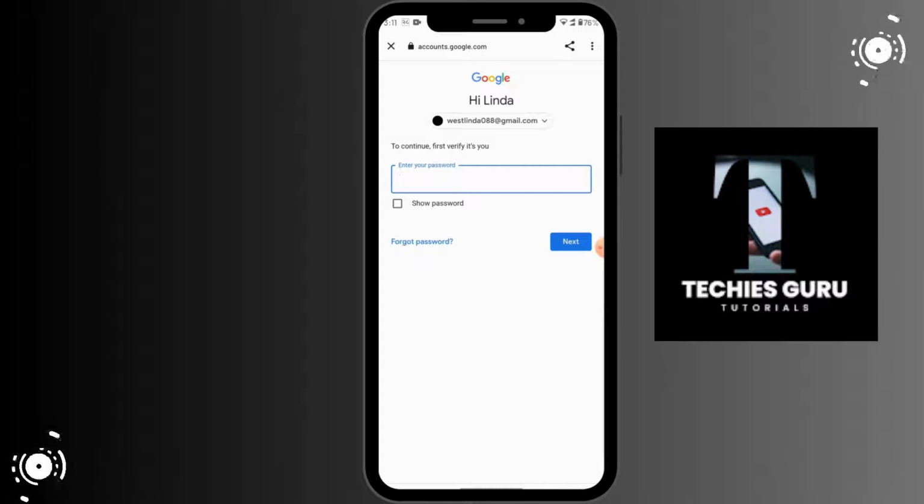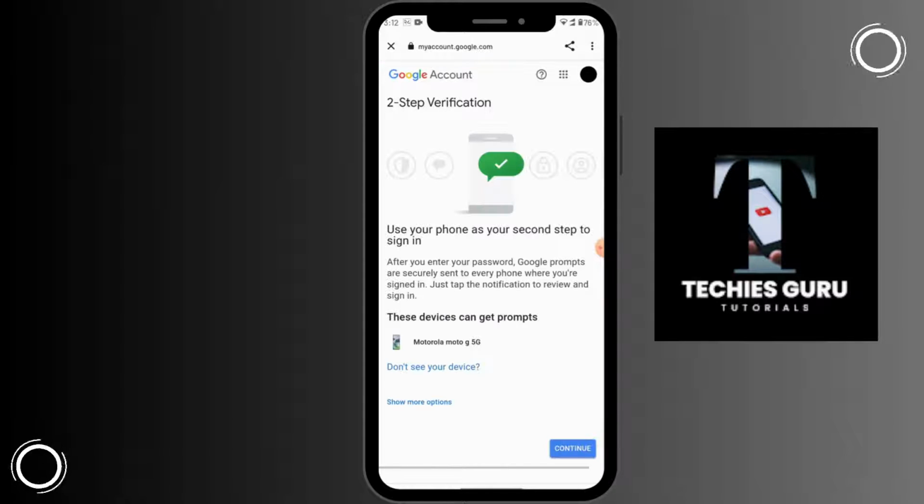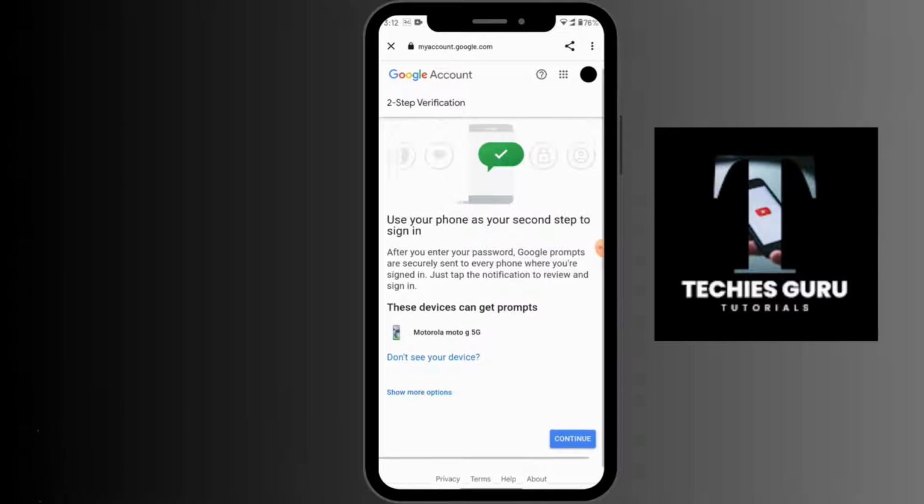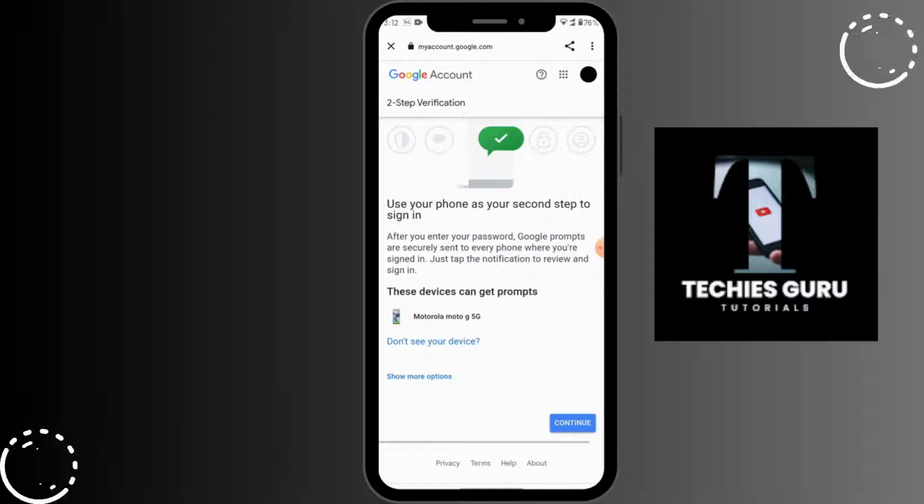So to start, all you have to do is enter your password. If you forgot your password, then you can tap on forgot password and you can reset your password. But if you know your password, then that's better. And after entering your password, simply tap on next. And then, so if this is okay for you, then you can simply tap on continue, which is on the